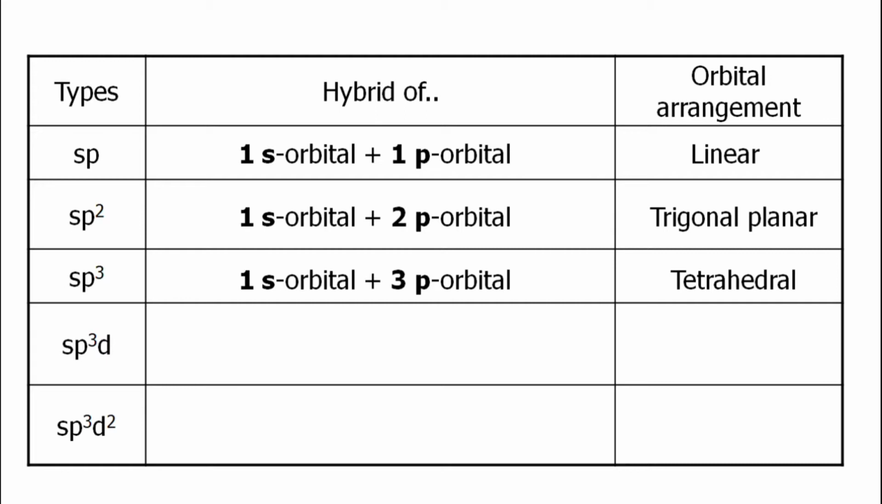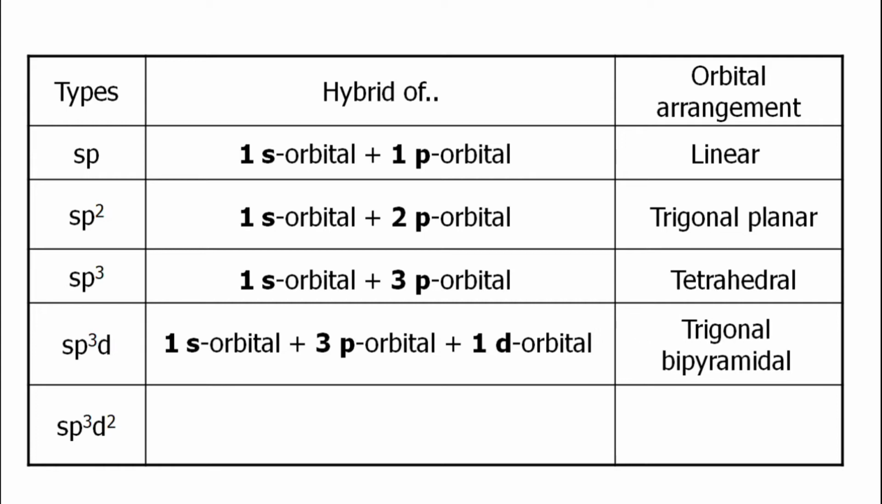The next one is sp3d. It's produced when 1s orbital is mixed with 3p orbitals and 1d orbital. The orbital arrangement would be trigonal bipyramidal. And the last one is sp3d2. This hybrid orbital is produced by the mixing of 1s orbital, 3p orbitals, and 2d orbitals. And the orbital arrangement would be